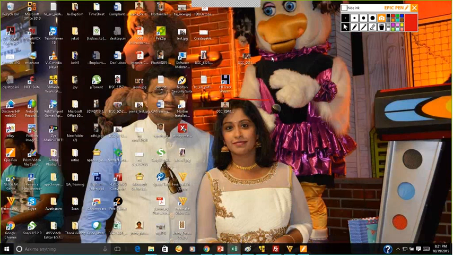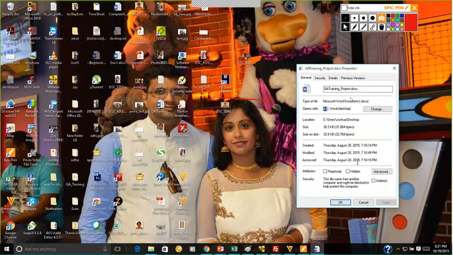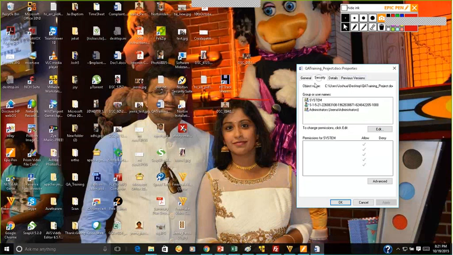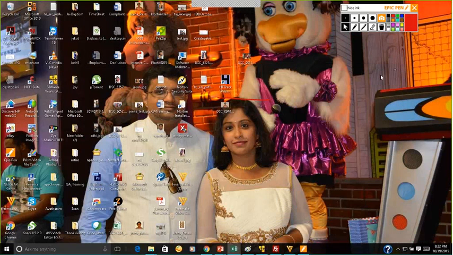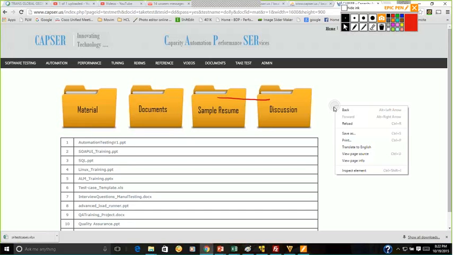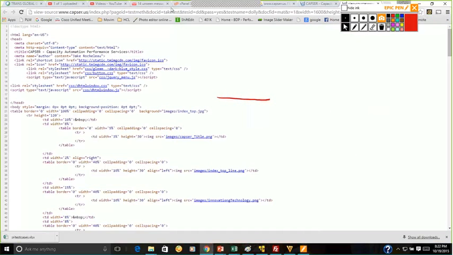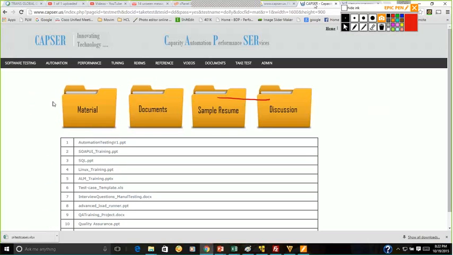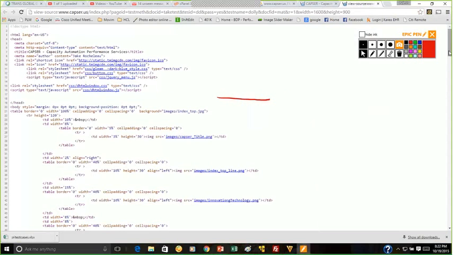I wanted to know what is the property of this. Right click on this particular thing, go to properties. You see here these property values. Security. Let's take a web example. Let's go to capture this one. Right click, go to view source. Now I want to click on this material using my tool QTP. What is the property for that material?